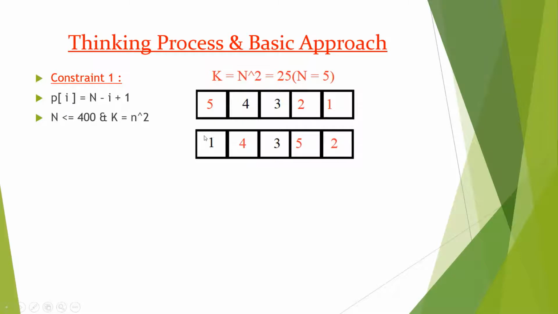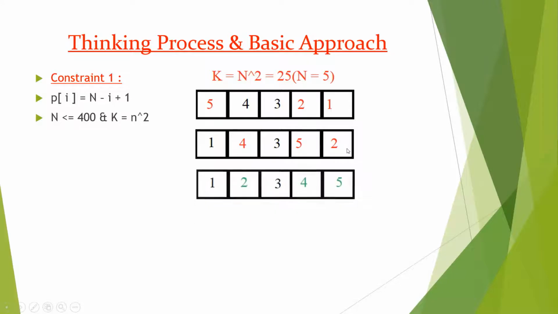We see that 1 is placed at its correct position. Now we select 2. 2 should be placed at the position where 4 resides currently. Then we can select 1 among 3 or 5. We select 5. So we see the array is sorted in k equal to 2 steps.